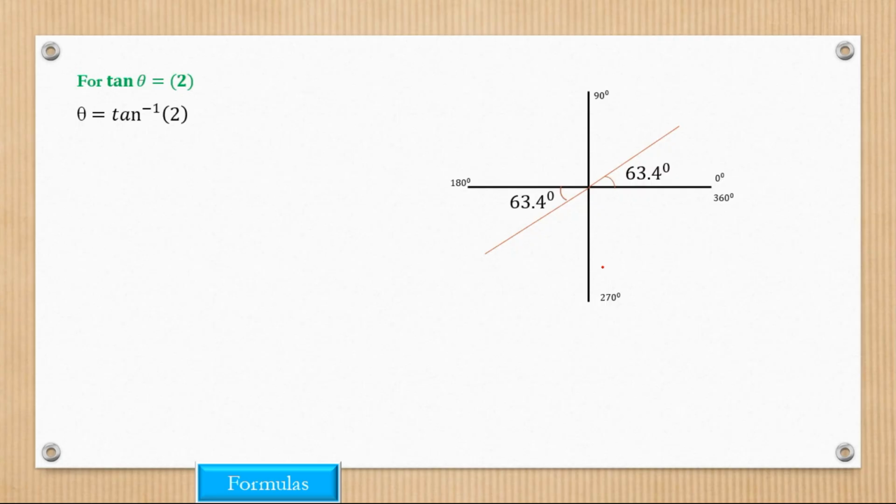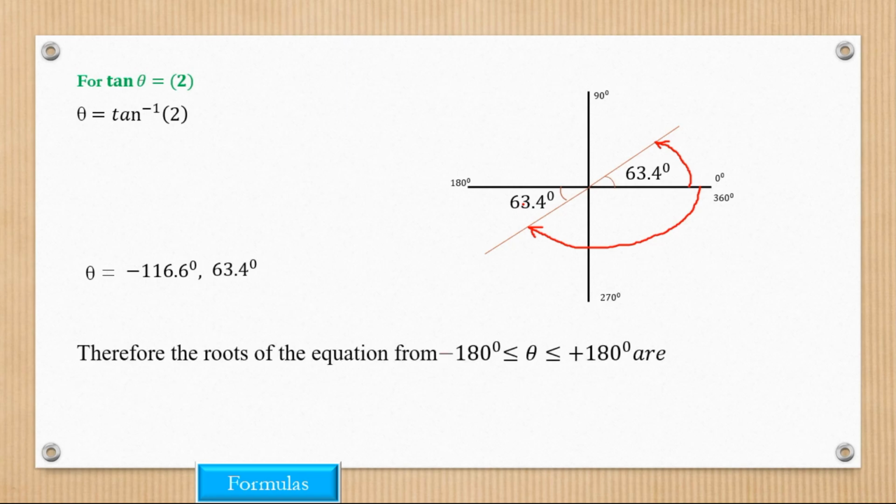63.4. So we also place that angle of 63.4 in the regions where tan is positive, and that is this region and this region. So our first value is 63.4. This is moving anti-clockwise. There is no more anti-clockwise to move because we are not allowed to go past 180. So next we have this in the clockwise rotations. This value is the same as 180 minus 63.4, and then we have negative 116.6. We make it negative because we get that value from a clockwise rotation, and then the other value is